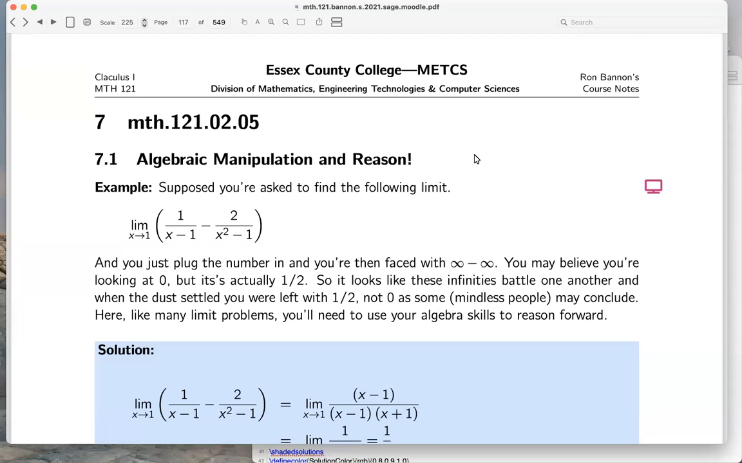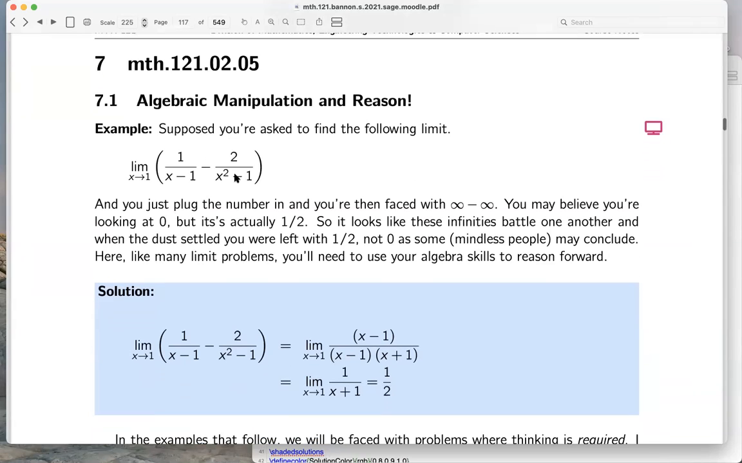Okay, we're in section 7. Though it's going to be lecture, I'm just going to review what you've done in the past with limits. And so, for example, a limit like this over here, one thing you might have done is you might have